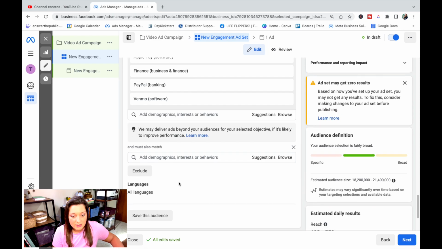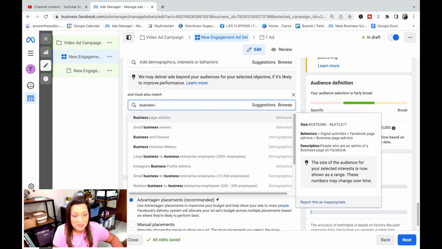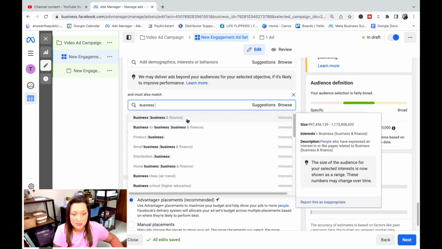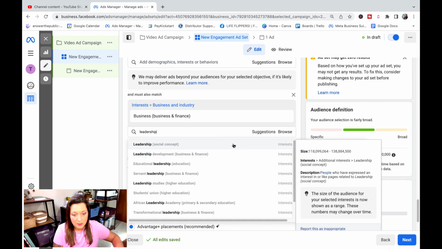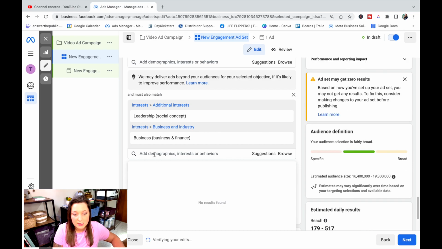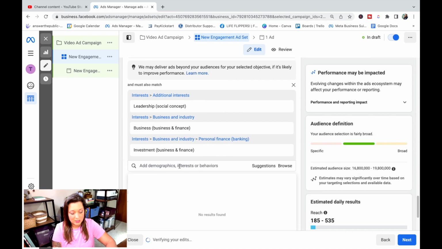Another really important box that I like to use is the business box. So business and finance, so we're gonna add that in there as an interest. So in business, I subcategorize this as like leadership as an interest, investing maybe as an interest. Let's see, what's a good one to go under business? Leadership, business,